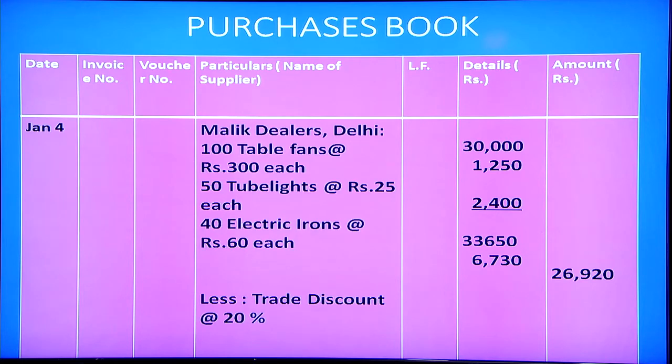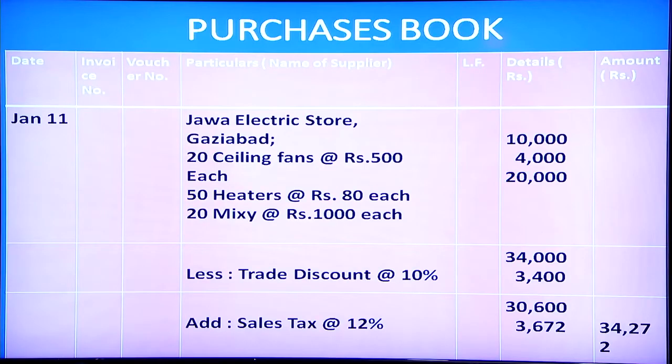And the total amount will be written in the outer column, that is the amount column. Next, the supplier's name will be written in the next line, that is on January 11th, Java Electrical Store and Ghaziabad is the place. So we have to write the name of the supplier. We have written here, and then the details of what we have purchased. We have purchased ceiling fans, heaters and mixie, and its amount is written in the amount column or details column,